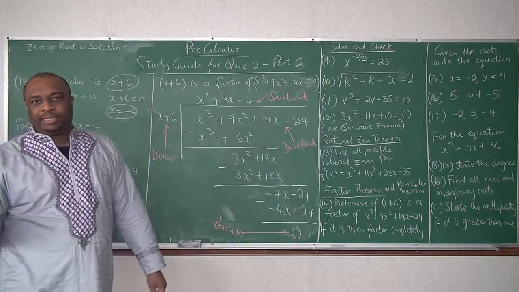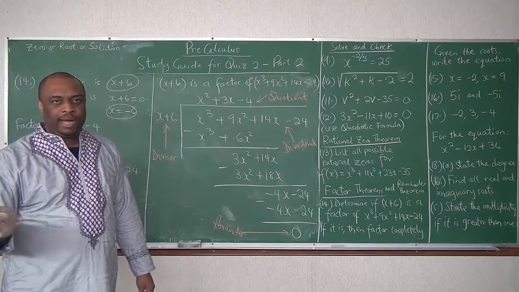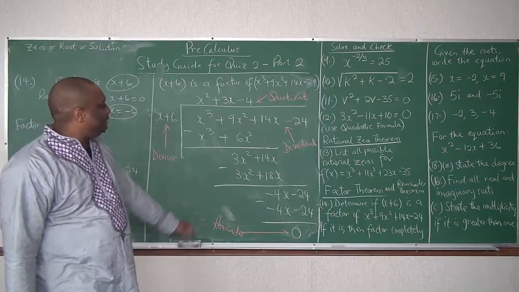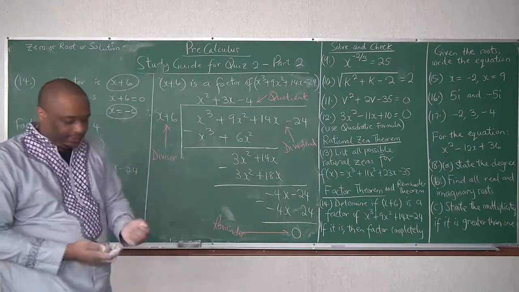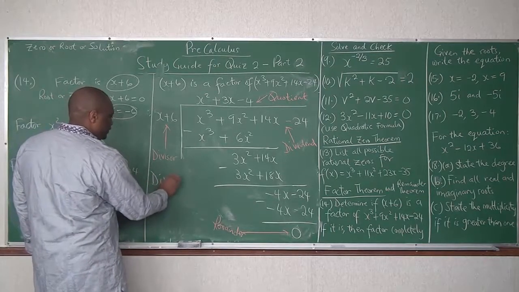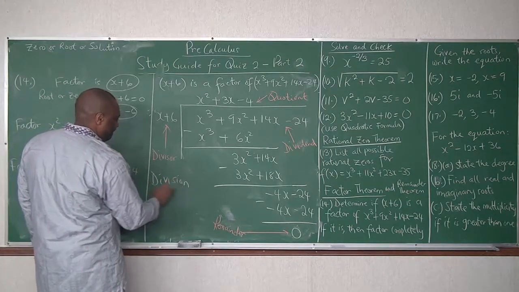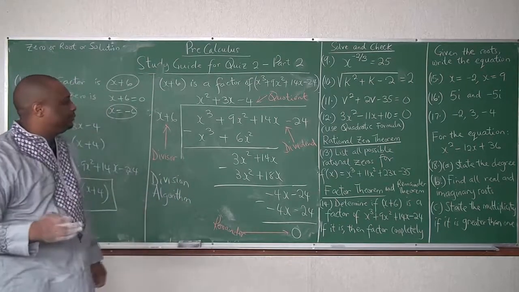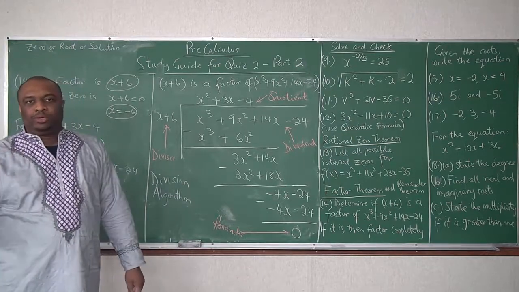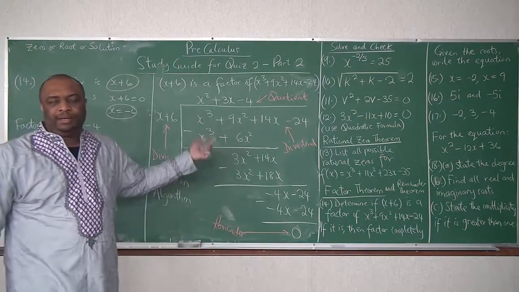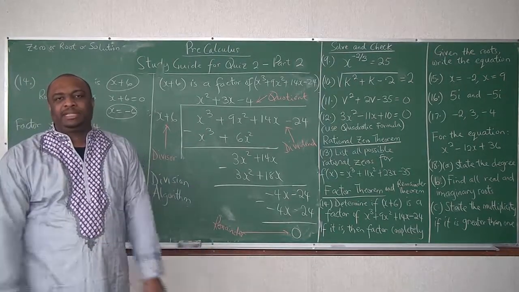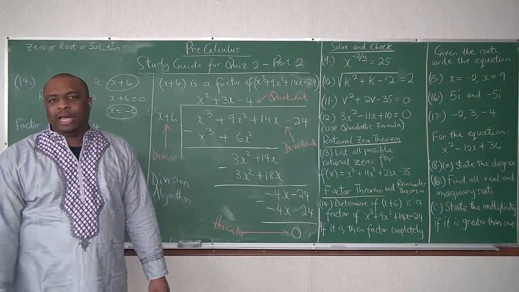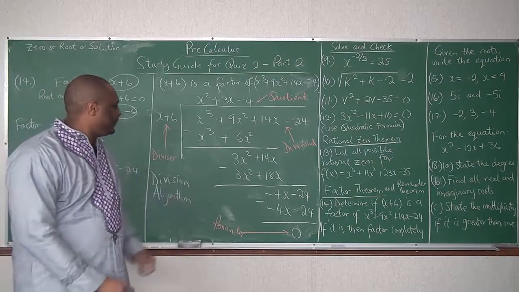Now, some of you are computer science or IT majors, right? Information technology, computer information systems, computer science. You know about the division algorithm? Dividend is equal to divisor times quotient plus remainder. You use it a lot in finding your GCD, greatest common divisor. You use this principle in modular arithmetic and algorithms.